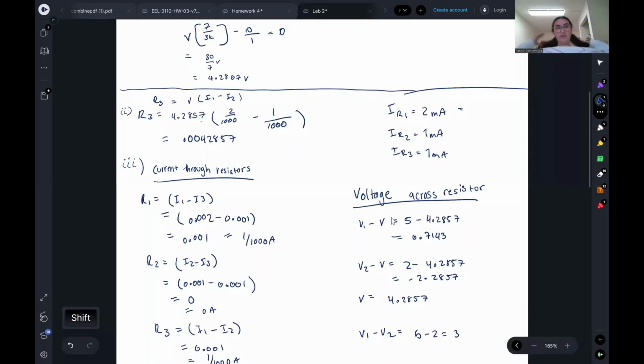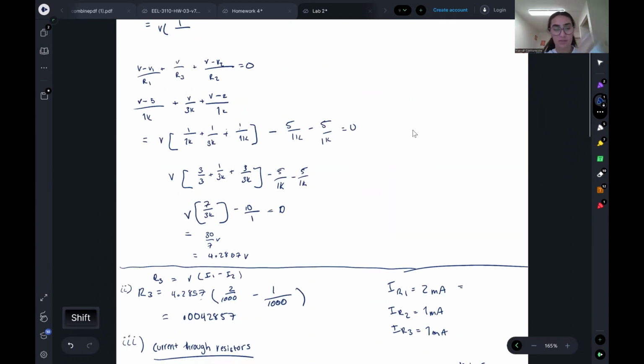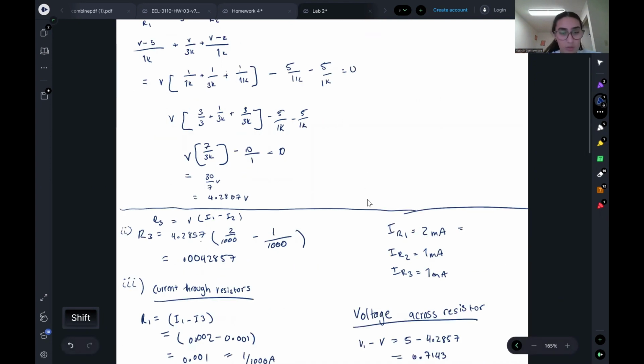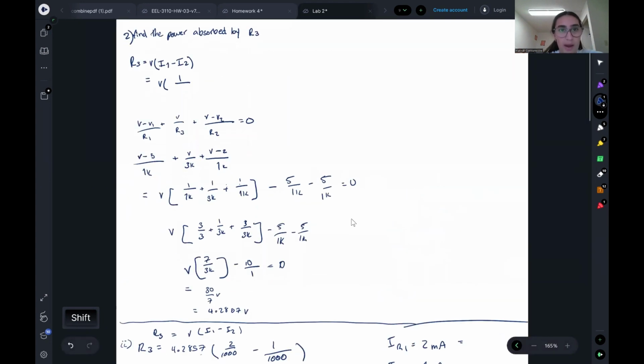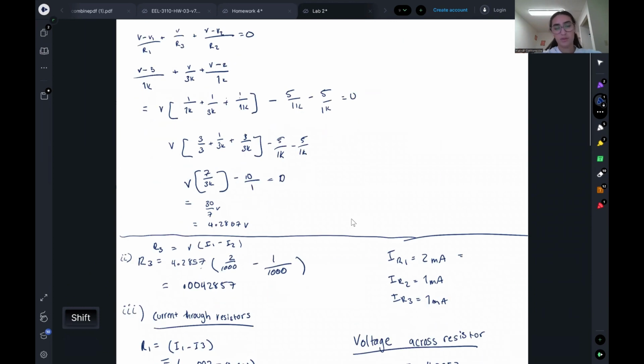Hello, I did question 1 with part 2 and part 3. My teammate did part 1 and the drawing of the circuit. So basically in part number 2, we have to find the power absorbed by R3, and by doing that, you just get the voltage and you multiply it times the current 1 minus current 2. And with that, I got